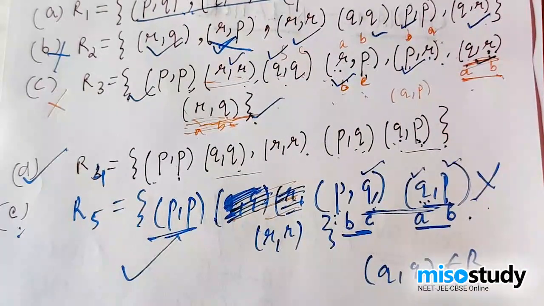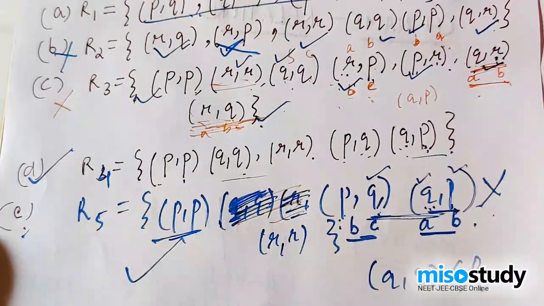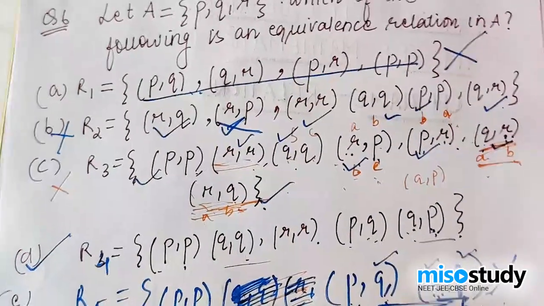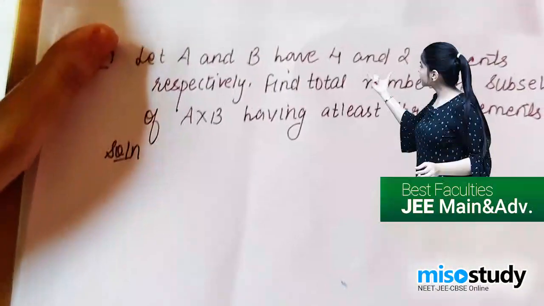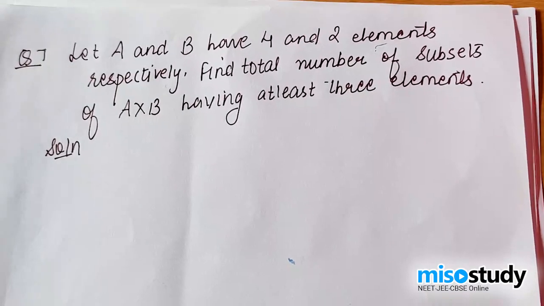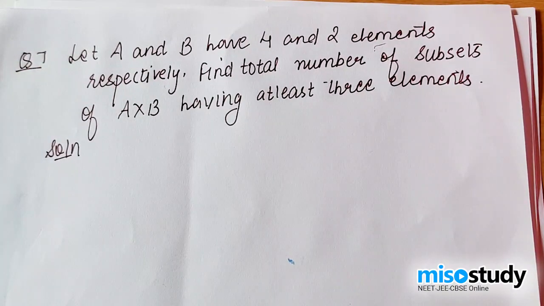I've tried to give you clarity, through these questions, about the chapter, the confusing points in which students really get confused. So I hope you are very, very clear with it. Coming to the last and final question of this session, question number 7. Let A and B have 4 and 2 elements. What kind of questions are being asked from relations? I've already told you. One in which you have sets in roster form, another in set builder form, and the third category in which you will have a little use of permutation and combination, like finding the number of subsets.